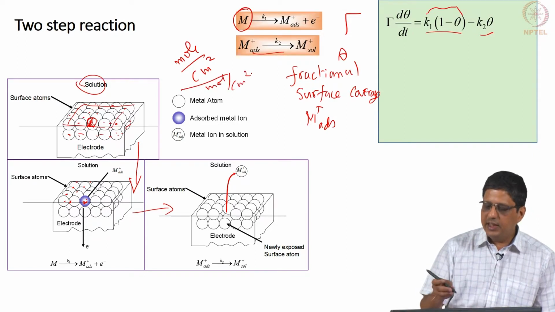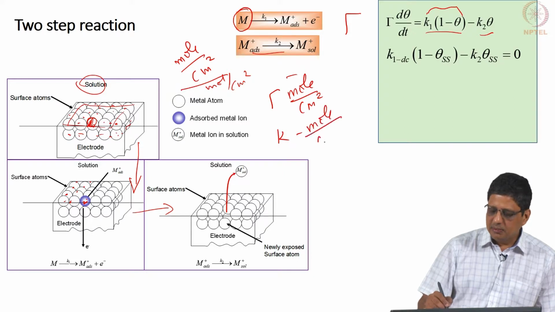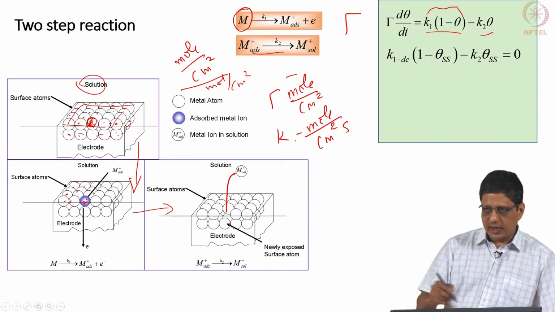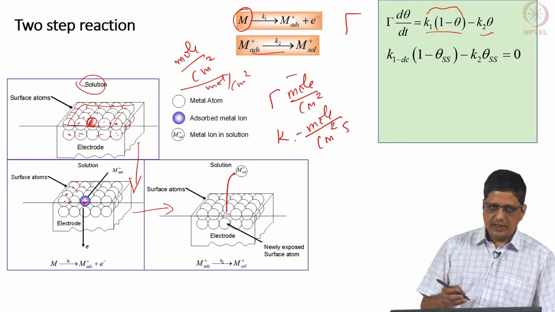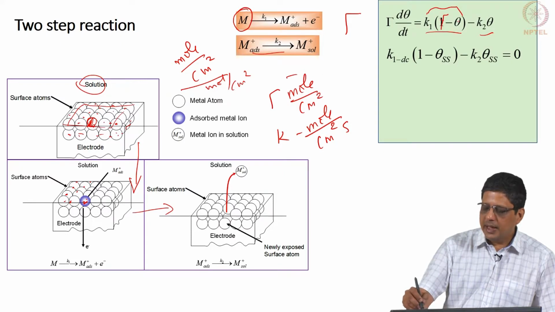So, that means the way we have written, theta does not have any units, but units of gamma is going to be moles per centimeter square, units of K is going to be moles per centimeter square second. Okay. Units of K1 and K2 they will be the same here. Instead, some literature may give K1 as second inverse, and then it will use gamma minus another notation maybe beta. This will be beta, where beta is going to be moles per centimeter square.